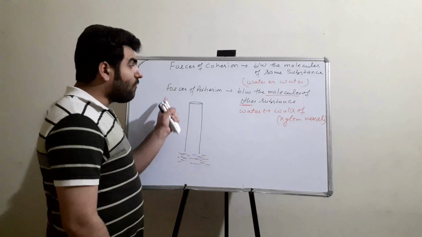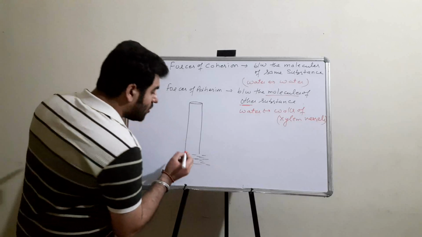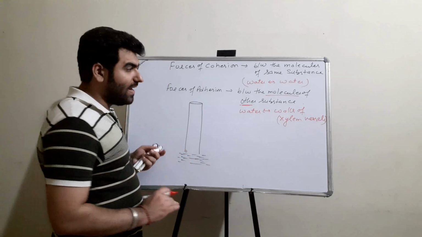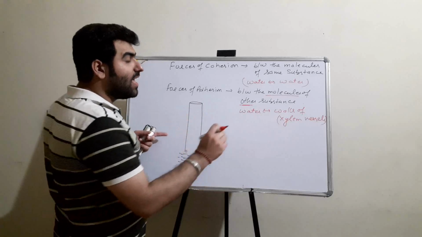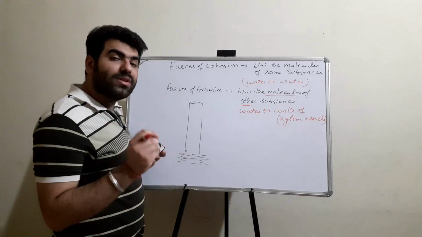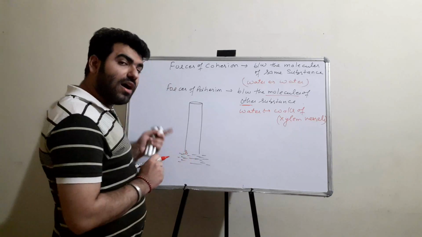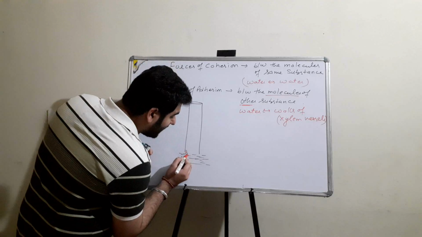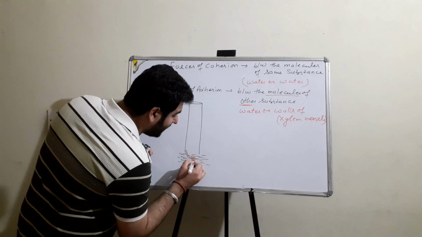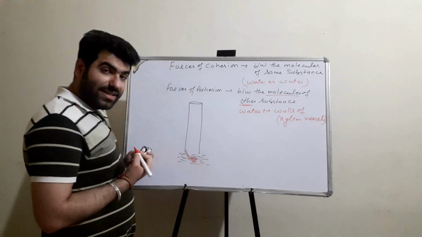Now there is the force of adhesion between the water and the wall of the xylem. So one molecule of water will stick to the wall of the xylem vessel. Water also has a force of attraction with other water molecules. This will attract the other water molecule to move along with it. So it will attract all these water molecules, with stronger cohesive forces like this.